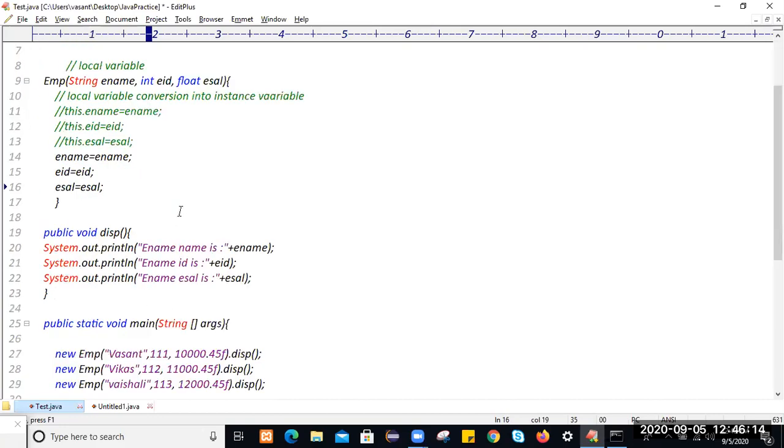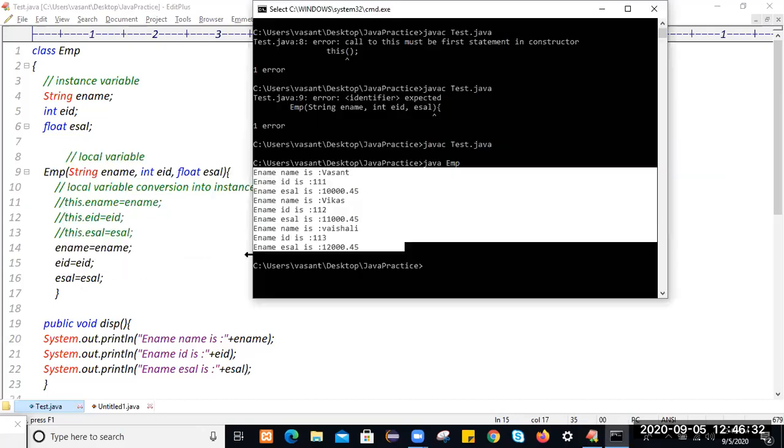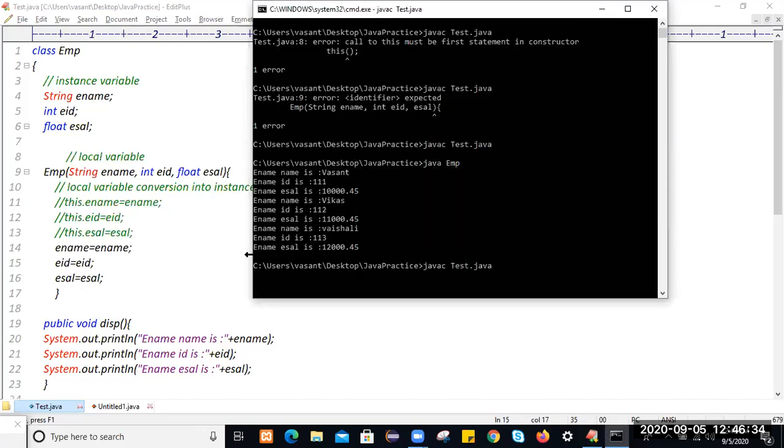For every object creation, we can pass the value to this instance variable. But this local variable does not get converted into the instance one. Just because of that, first preference goes to the local variable. And only the default value will be displayed.